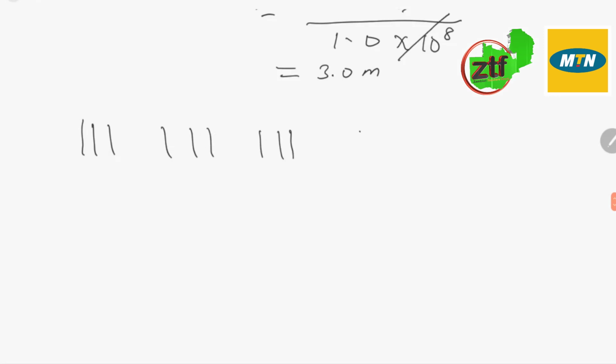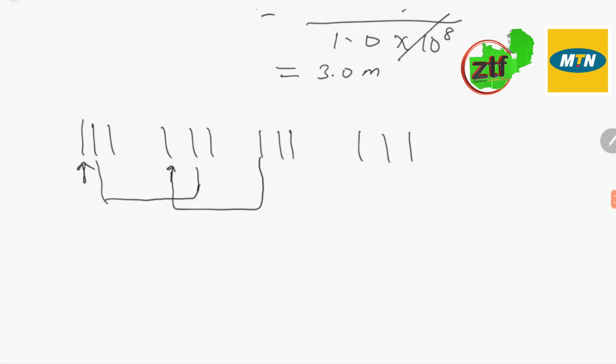I want to stress one point here: these lines that you see represent what are called wavefronts. A wavefront is a line in an advancing wave which represents particles that are oscillating in a similar pattern. It means that the pattern for this one is the same as this. The pattern for this is the same as this, and the pattern for this is the same as this, and so on. So you can see that